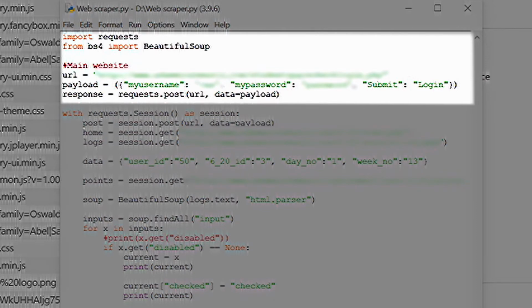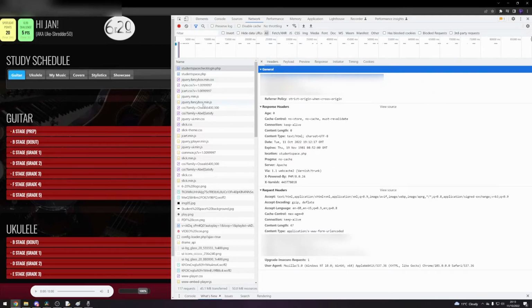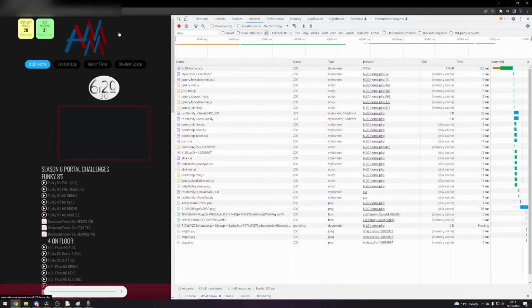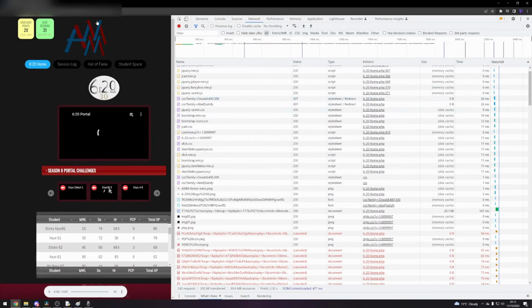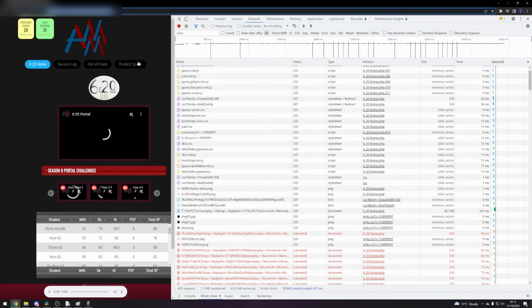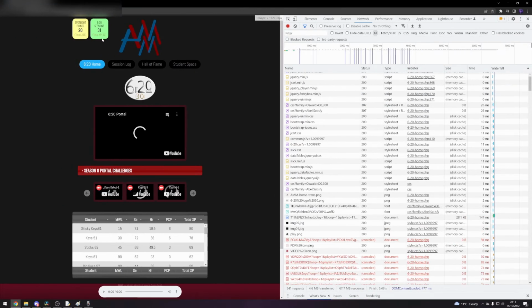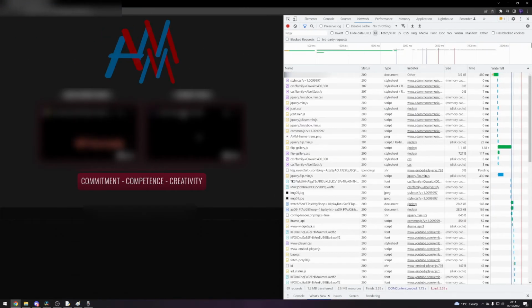which is my credentials. This is where my first error came into play, because to access different pages on the same website, you still need to be logged in. You still need to be verified to the website. So as you can see here, if I go onto one of these pages and I copy the URL, and then if I go back and log out,